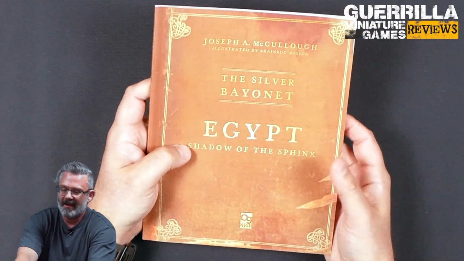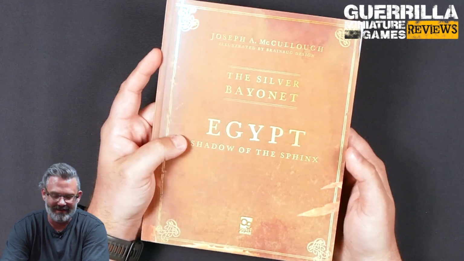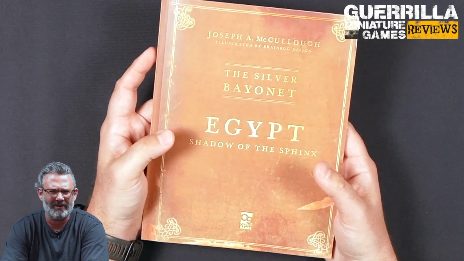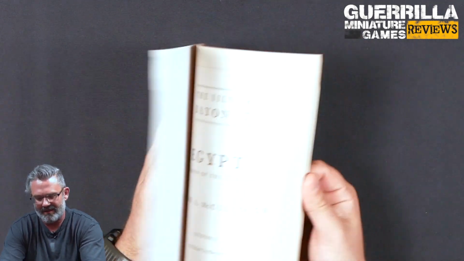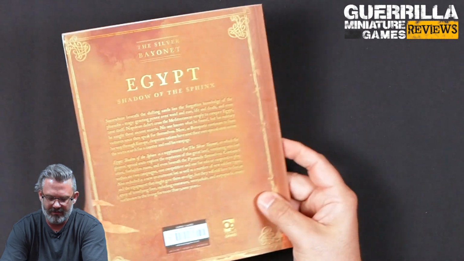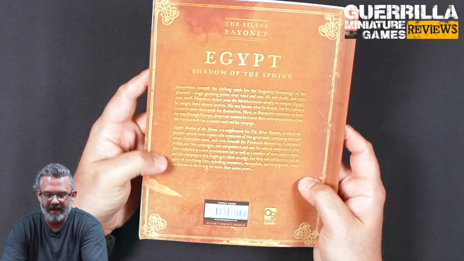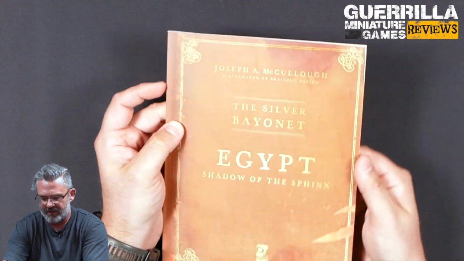Today we're taking a look at the Silver Bayonet Egypt, Shadow of the Sphinx. I like that he put in a subtitle here. I didn't think of doing a subtitle for Canada. By Josephine McCullough, illustrated by Brainbug Designs, and published by Osprey, which they have kindly sent along as a complimentary review copy. So now this is a supplement for Silver Bayonet, the Napoleonic Gothic horror game that Joe penned for